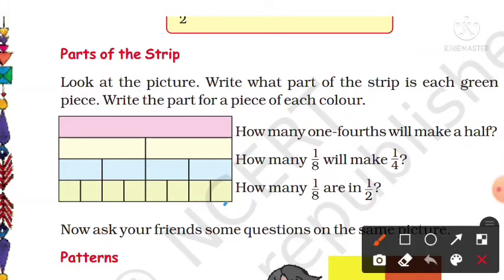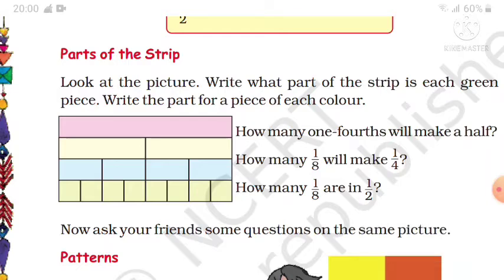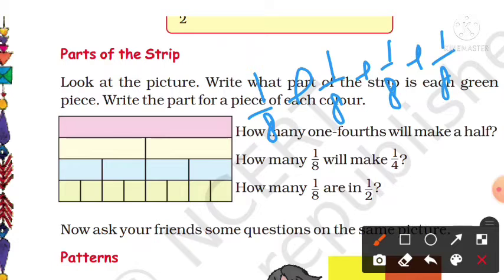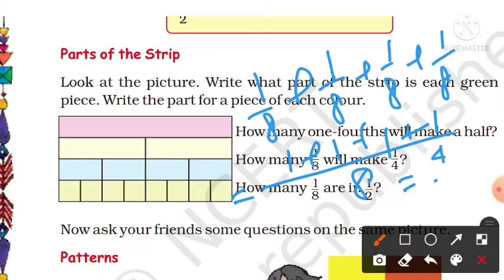And last one is, how many 1/8 are in 1/2? Very simple. 4 1/8 are in half, because if you see here, it is the half portion, and in this half portion there are 4 1/8. So if we add 4 1/8, it will be 1 plus 1 plus 1 plus 1, it is 4/8, that means 1/2. So that means 4/8 gives us half. Okay,